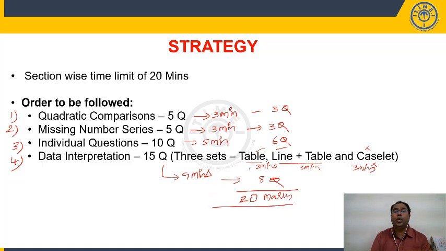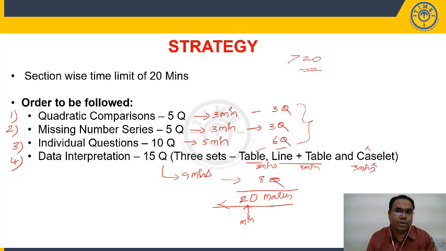This is on a lower side. You might have got more than 20 also, I'm not denying that. The point is that this is a minimum score which one should target while writing this particular paper. Anything less than 20 is a serious concern. You need to maybe look at your subject knowledge, or maybe your speed, or maybe your accuracy. You need to work on the weak areas. Otherwise anything less than 20 is not recommended in this particular paper. On the lower side you can easily attempt 20, you can score 18 to 20 marks easily, students.